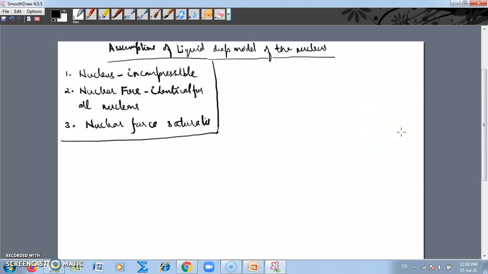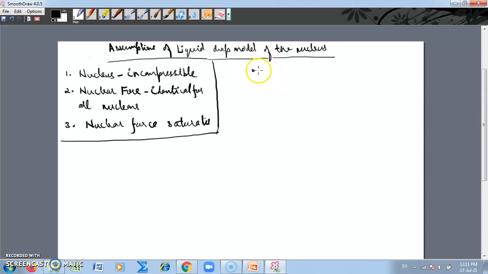The first one is the drop of liquid is incompressible, and in the same manner the nucleus is incompressible. The nuclear force is identical for all nucleons and nuclear force saturates. So these three are the assumptions, and students, at the time it was found by using quantum mechanics that the nucleons are not